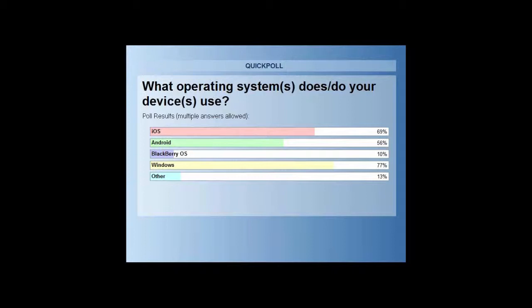We're seeing iOS, which of course is Apple, eclipsed in this case by Windows, a lot more Windows, and that definitely reflects the trends we're seeing as well. And then just behind iOS, just a little bit, is Android.